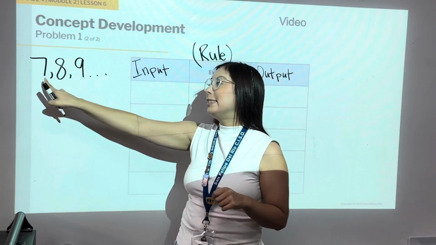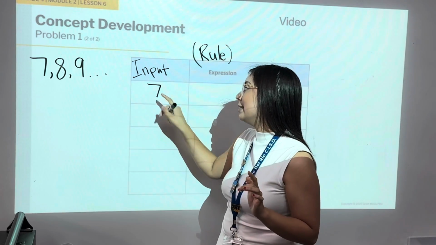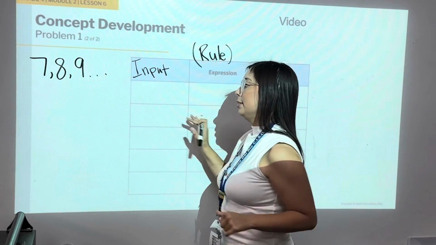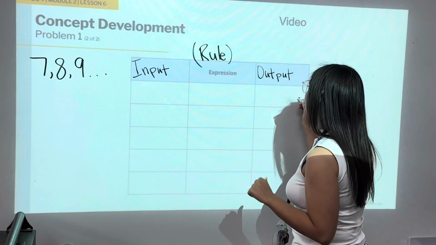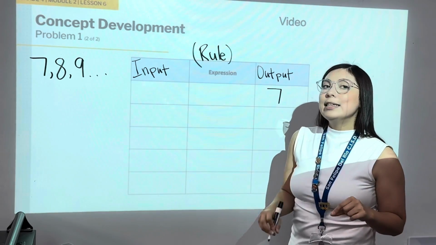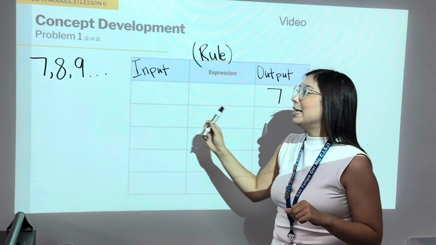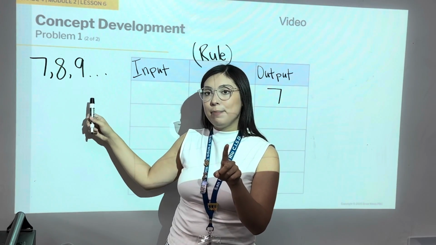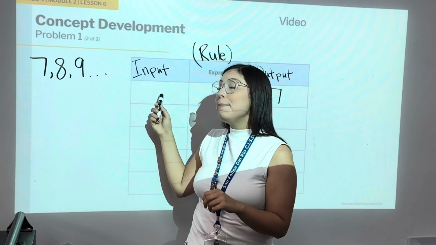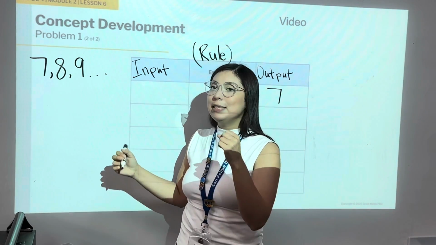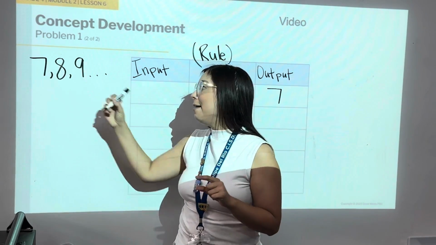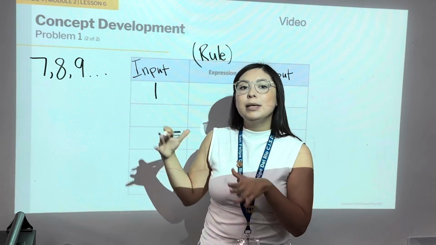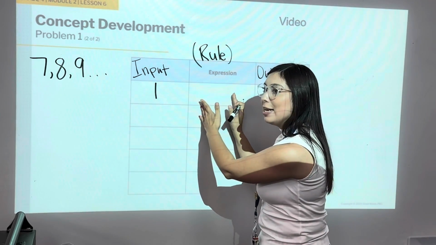So I take 7, but I'm not going to write 7 here because 7 is not my input. 7 is my output, okay? 7 is my output because the first number in this sequence of numbers is 7. So my input would be the position, right? Position 1 is 7. So position 1, I do something to that position, which is the expression, and it gives